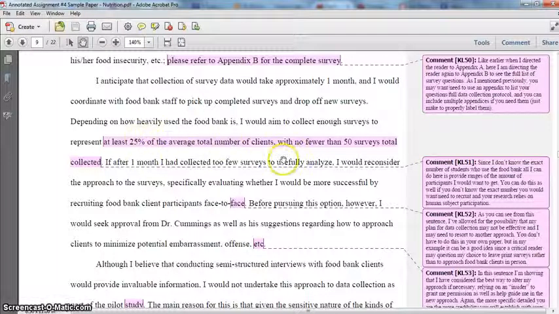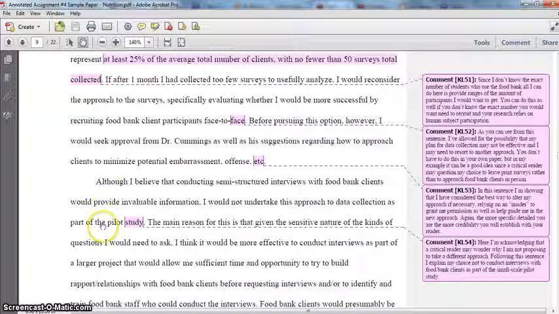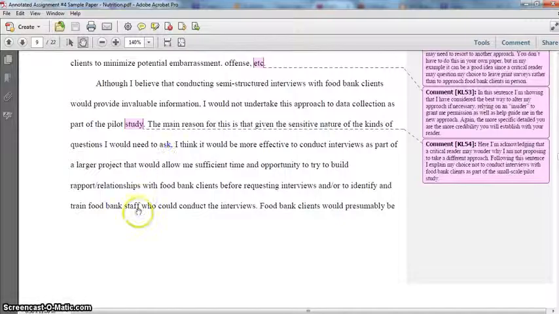I can only really give just estimates here of how many people I would want to recruit, how many food bank clients I would want to recruit. So I'm giving this percentage, and then I'm giving just this general number. Okay. And then here I'm acknowledging that, if I didn't collect the data that I wanted to collect, especially given that I would be administering print surveys, that I would potentially revise my methodology and consider administering surveys face-to-face. But before I did that, I would talk to the faculty sponsor for his approval and his feedback about how I should approach that.